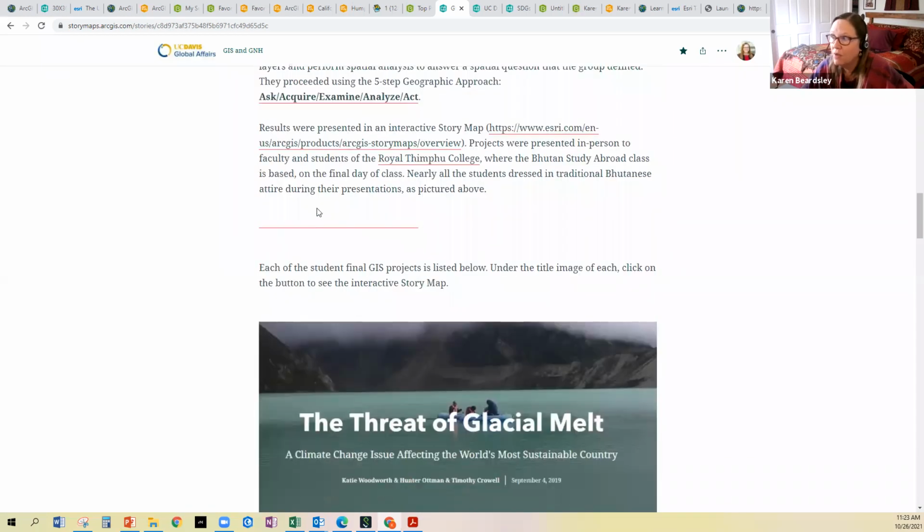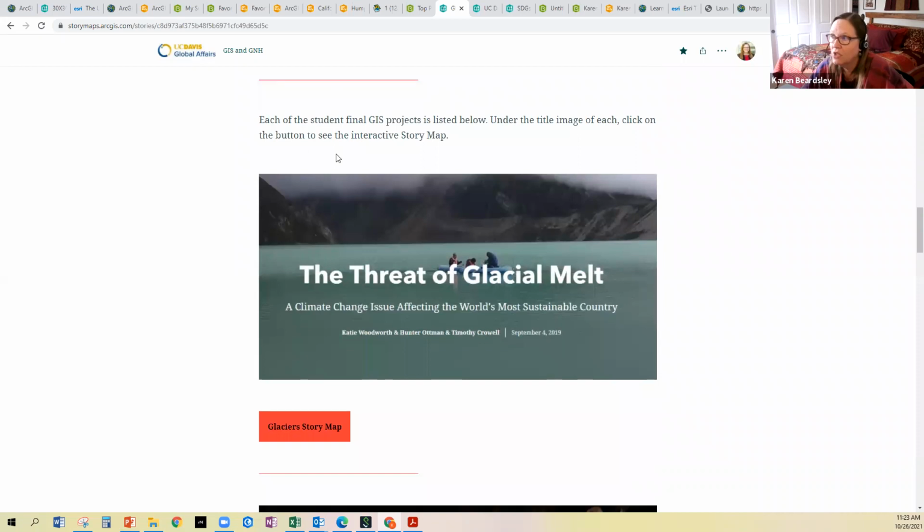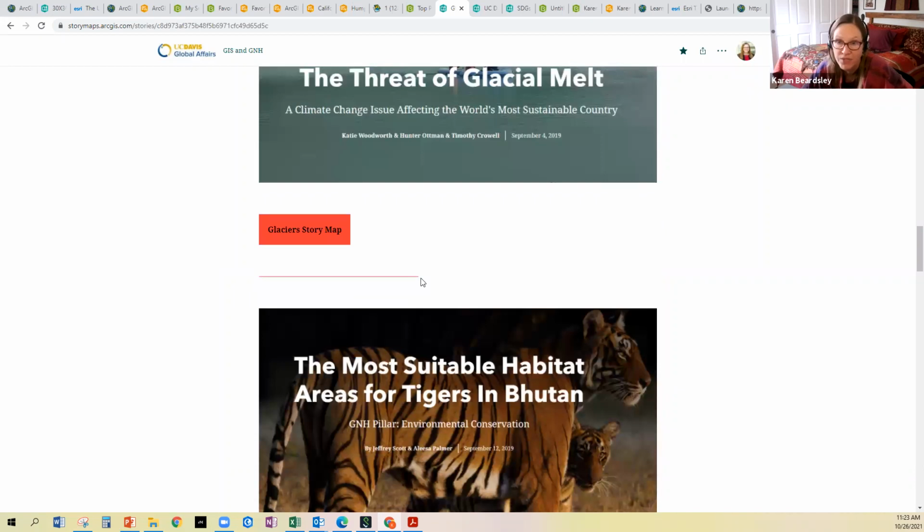Then it talks about the student final projects, what they did, and for each of the student groups, they put together a story map to share their analysis. And I will mention that these students knew nothing about GIS 4 weeks before they completed this. So they did all this in 4 weeks from start to finish, using ArcGIS Pro mostly, and then being able